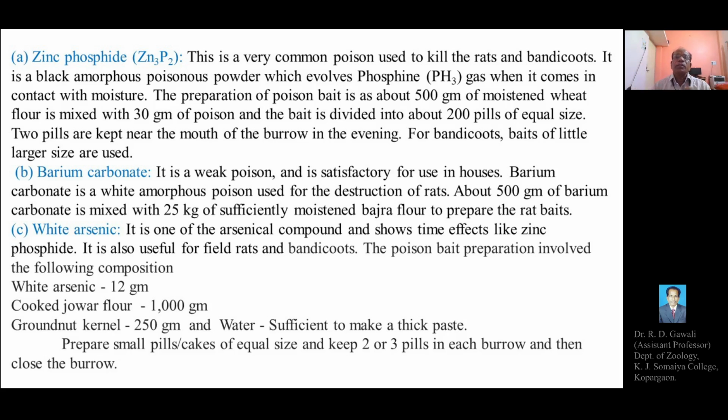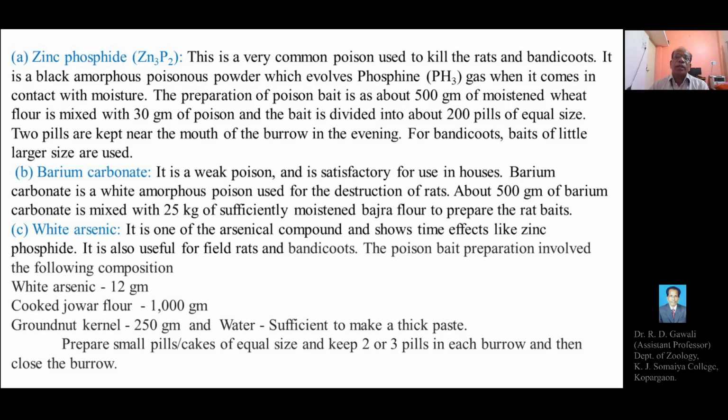This is a very common poison used to kill rats and bandicoots. It is a black-colored amorphous poisonous powder which releases phosphine gas when it comes in contact with moisture or water. The preparation of poison bait: about 500 gram of moistened wheat flour is mixed with 30 gram of the zinc phosphide poison, and the baits are prepared